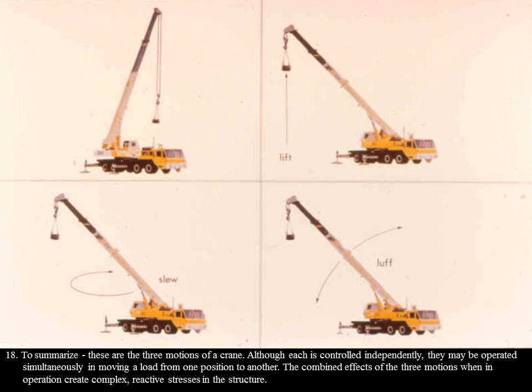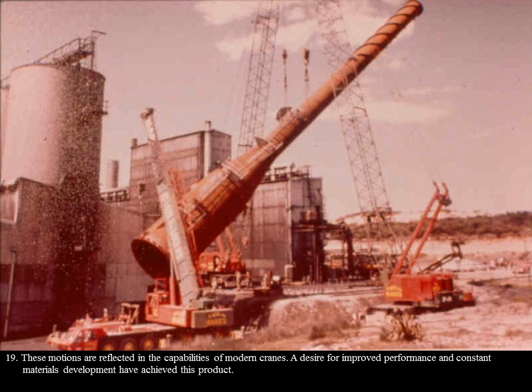To summarize, there are three motions of a crane. Although each is controlled independently, they may be operated simultaneously in moving a load from one position to another. The combined effects of the three motions when in operation create complex reactive stresses in the structure. These motions are reflected in the capabilities of modern